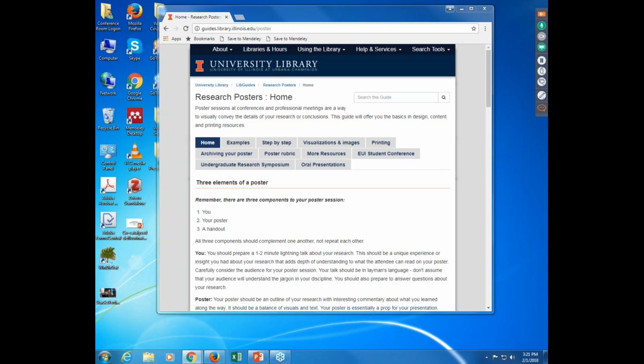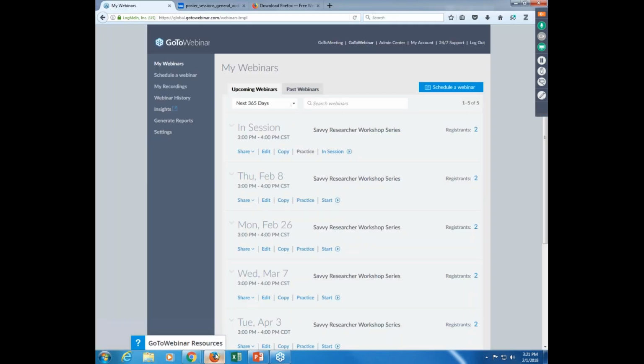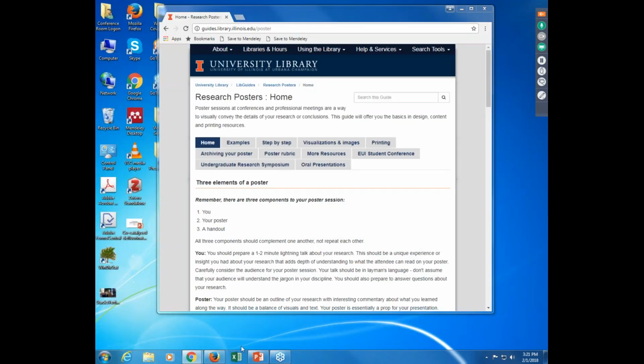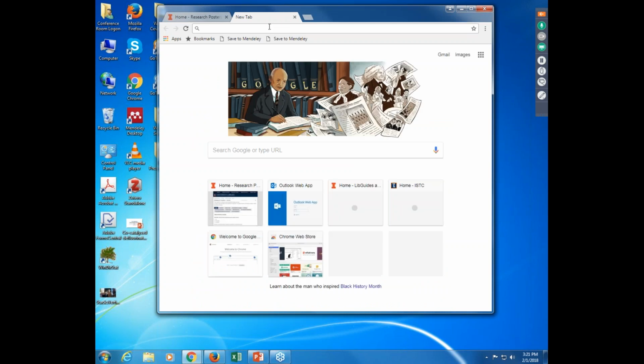Okay, I gotta put in poster here. Now I gotta remember where it is. I think I have a link for it on the back here actually. So let me do each of these windows in turn.